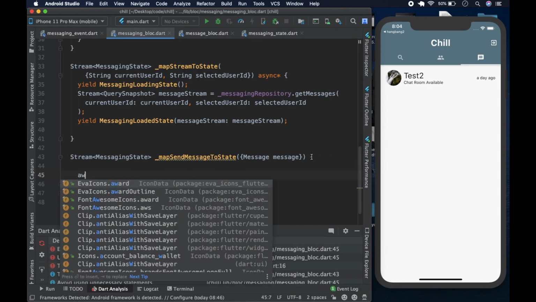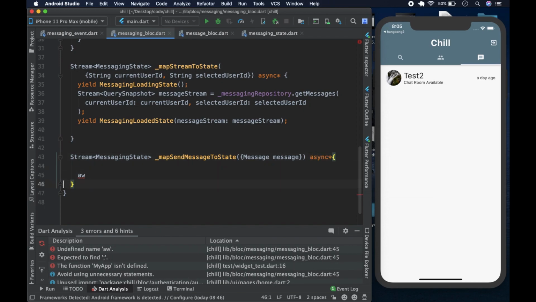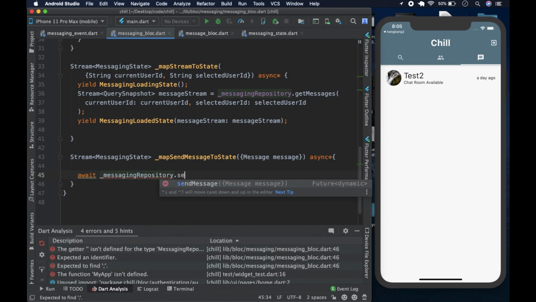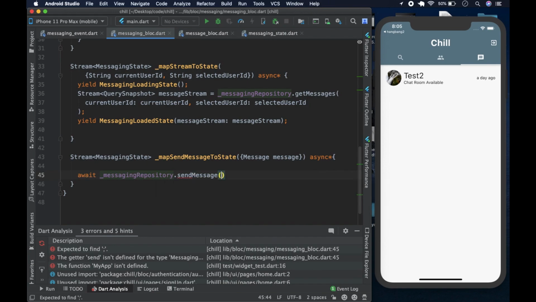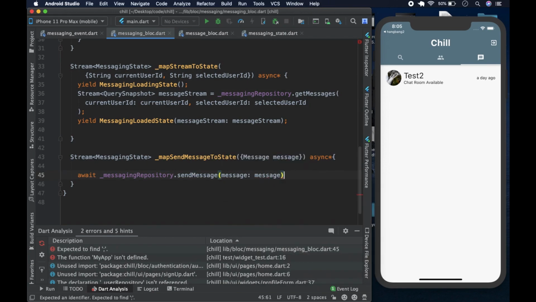Let's not forget and do the same thing again. Async star, this is a stream, and what we're going to do is await the messaging repository, and we are going to send message, and here we're just going to pass along the message like so.